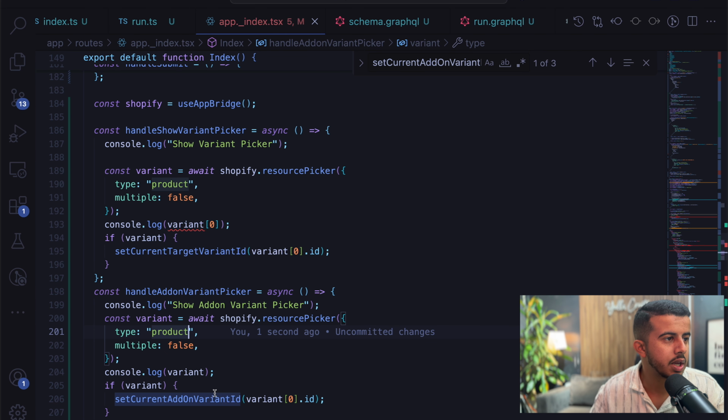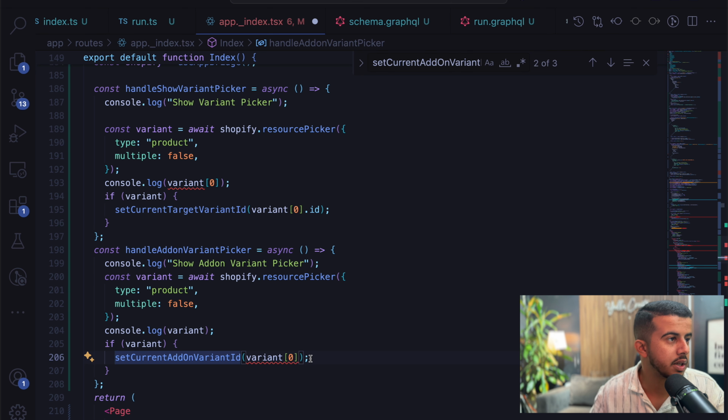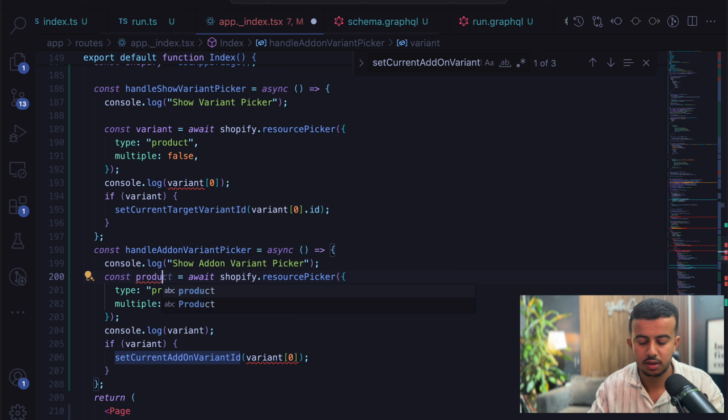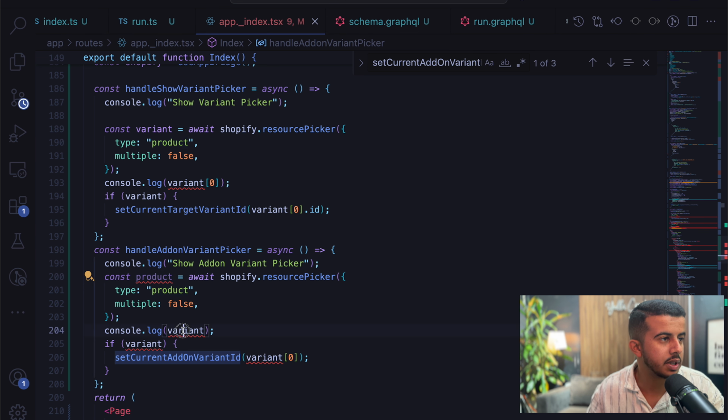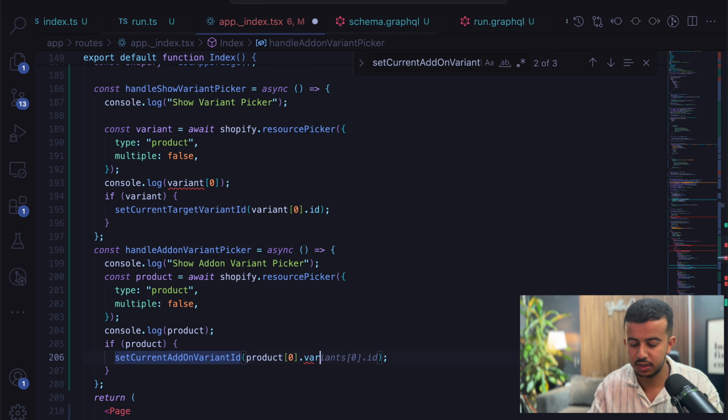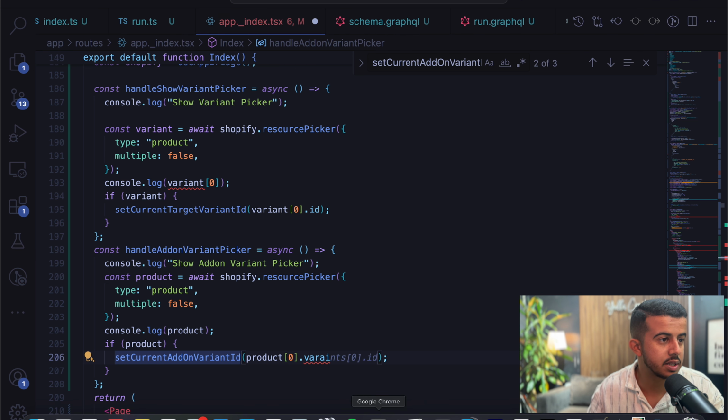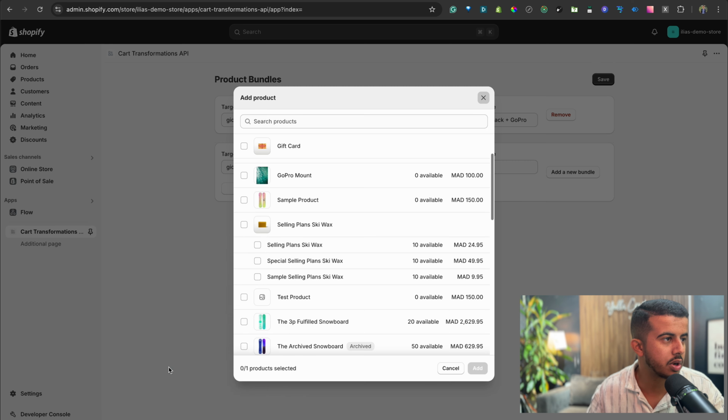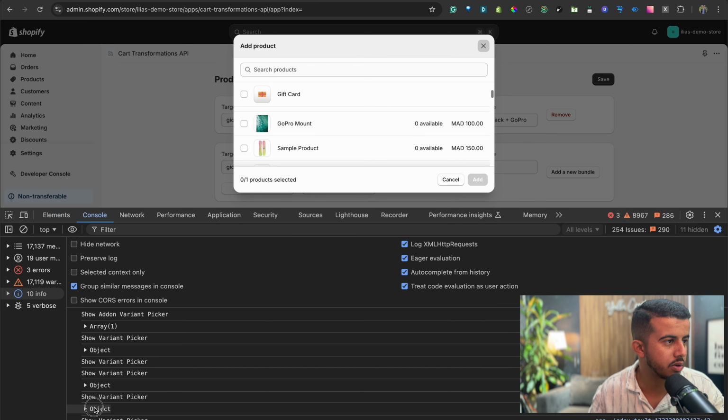And also if we would like to do this, instead of the variant ID, it will be, let's do product here, so it will be the product instead of the ID, and it will be the first one, so we can just have the first one and the first variant, because if we would like to check the console log,